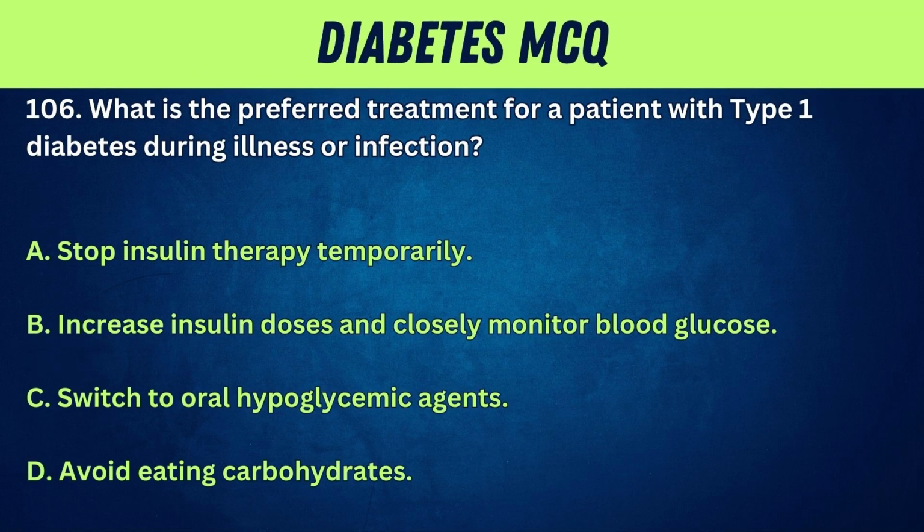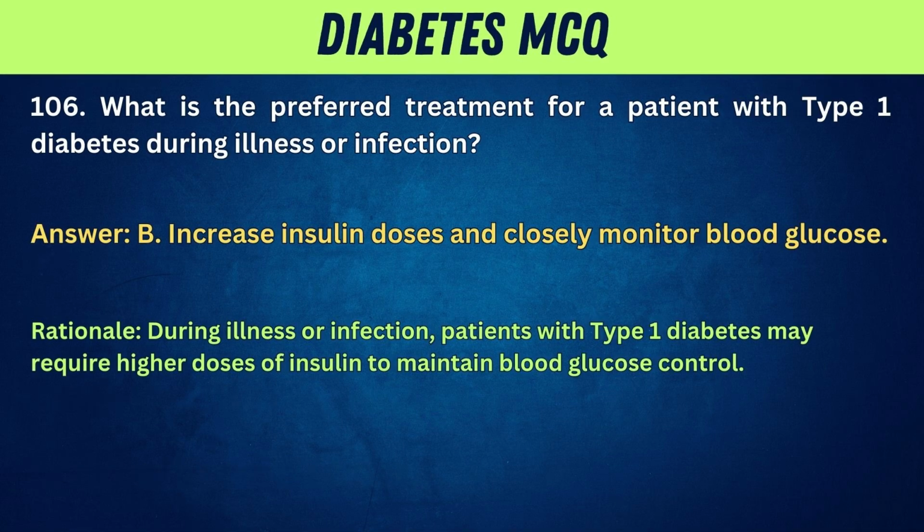106. What is the preferred treatment for a patient with type 1 diabetes during illness or infection? A. Stop insulin therapy temporarily. B. Increase insulin doses and closely monitor blood glucose. C. Switch to oral hypoglycemic agents. D. Avoid eating carbohydrates. Answer. B. Increase insulin doses and closely monitor blood glucose. Rationale. During illness or infection, patients with type 1 diabetes may require higher doses of insulin to maintain blood glucose